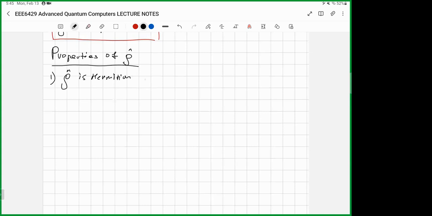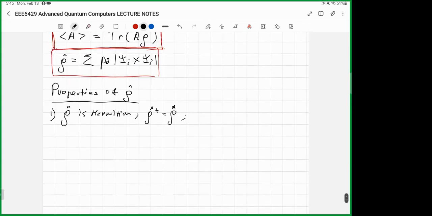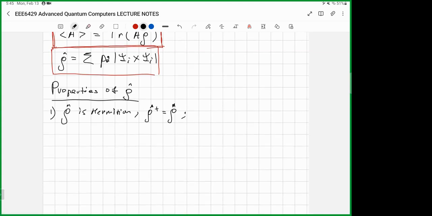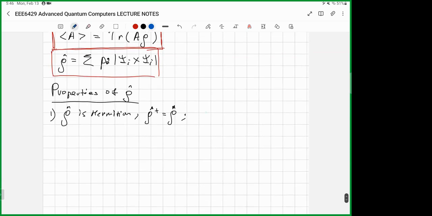Hermitian operator, meaning that its Hermitian conjugate coincides with itself, right? It's very easy to see that, because these p_i, these classical probabilities, are real numbers, right? And then what we need to check is that this operator psi is Hermitian. Well, to check that it is Hermitian,